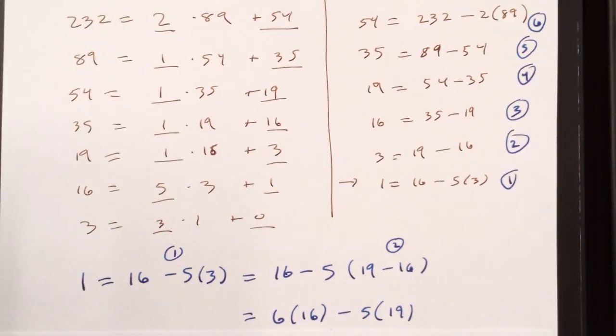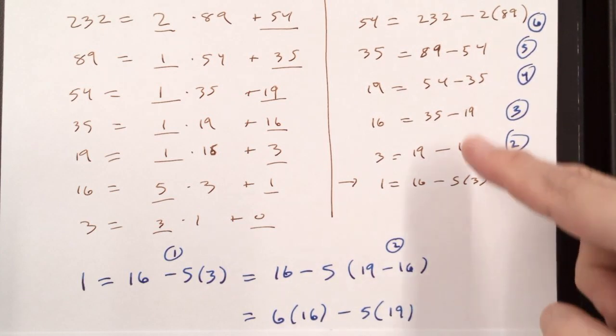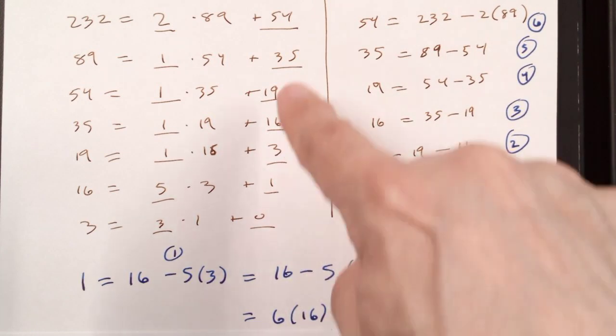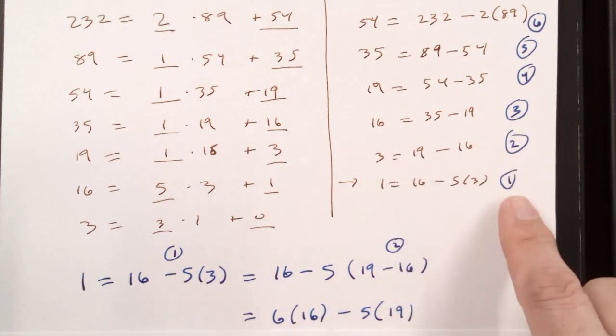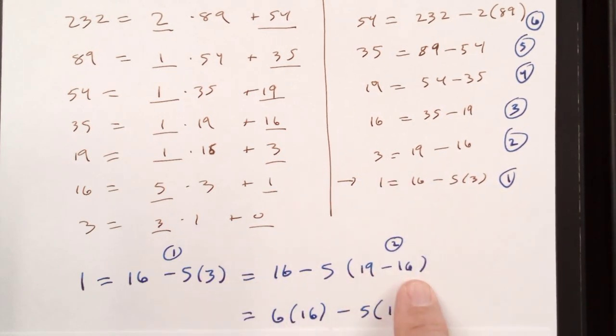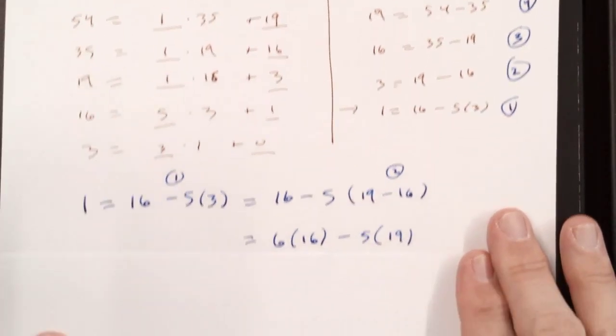So this is the problem we were working on at the end of class on Friday, where I then asked you to use the extended version of the Euclidean algorithm to find the Bézier coefficients. So we start by rewriting everything to get the remainders and then working our remainders backwards. So there's the first remainder. 1 is 16 minus 3 5s. But then 3 is the remainder, so I replace it. And I keep going until I end up with 2 32s and 89s instead of any other numbers